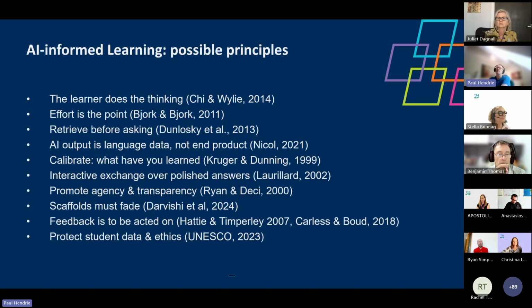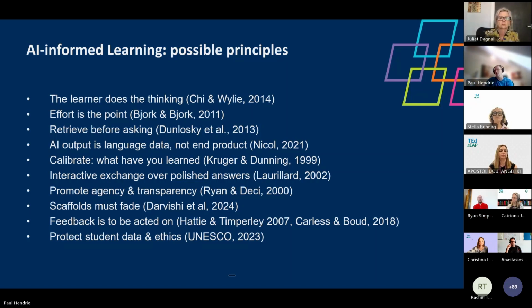If we break this down to possible principles, here is my stab at some of these, each of which has a theory sort of underpinning it. All of this is basically just a summary of some of the things that I've mentioned before. We want there to be effort. We want it to be hard, and the core use case of AI is it makes this hard thing simple. We can use that, but we have to use it carefully.